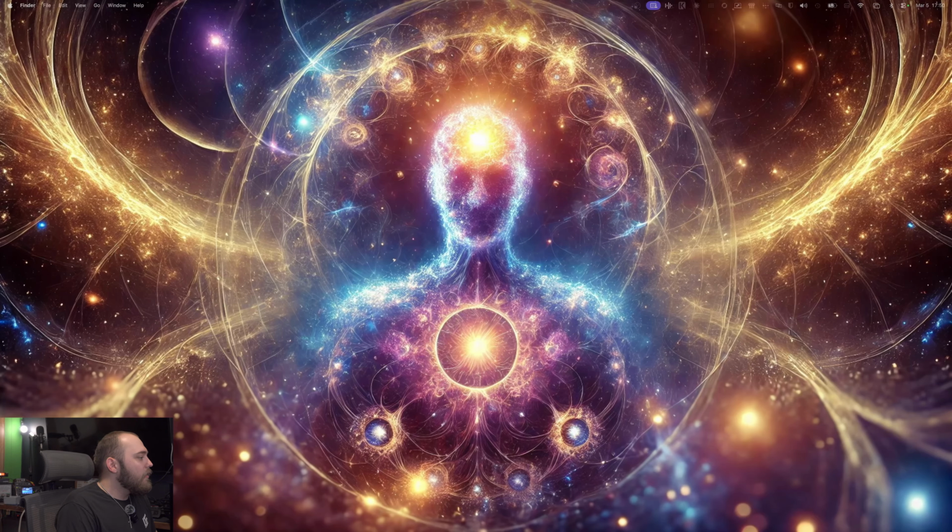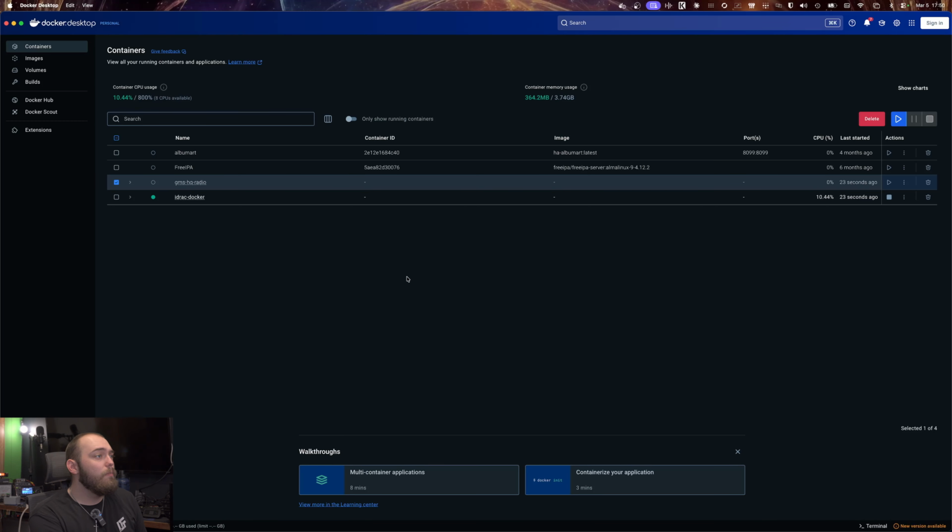On this blank desktop, how are we going to do this? All you actually need to get this started is Docker. I run this in my Docker server that I host in my rack, but if you have Docker on your laptop, you can do it there too. And I'm going to show you guys how to do that on my laptop here. As you guys can see, I have Docker installed. I have a container running on my local machine right now. So we're going to minimize this because I don't actually need to be in Docker. I just wanted to show you guys I have it installed.